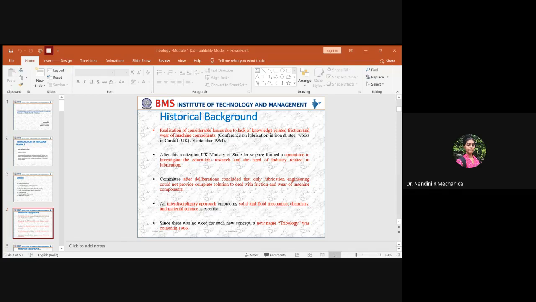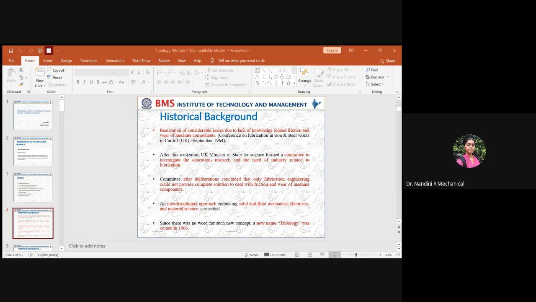So I told you tribology is an integration of like 3 to 4 multidisciplinary disciplines. So, due to understanding of all the problems associated with the contacting systems, we need the integration of different subjects. So you have studied solid mechanics, fluid mechanics, material science, and some part of chemistry in your first year. So all these are very essential subjects which have to be interlinked. So you'll come to know how each and every subject plays a vital role in solving a particular problem